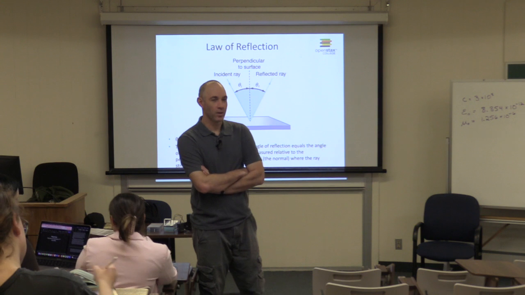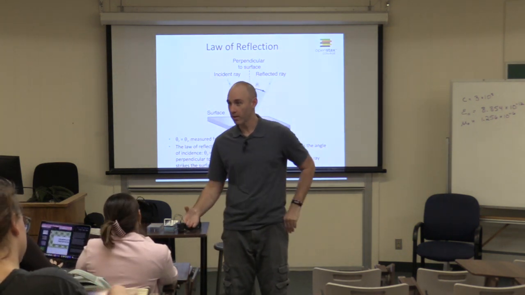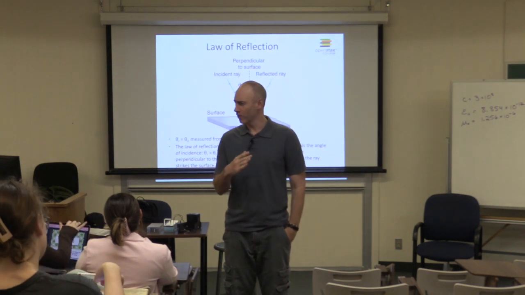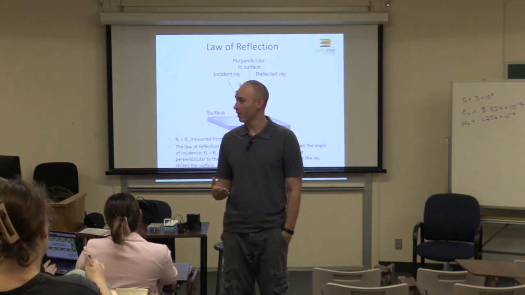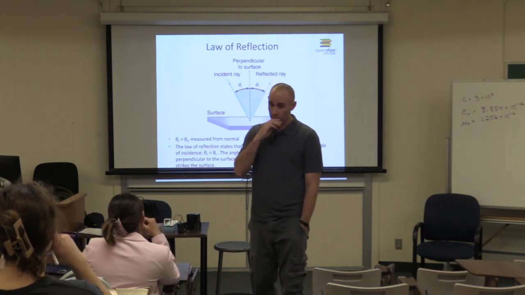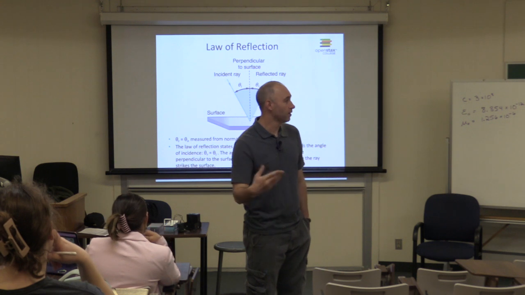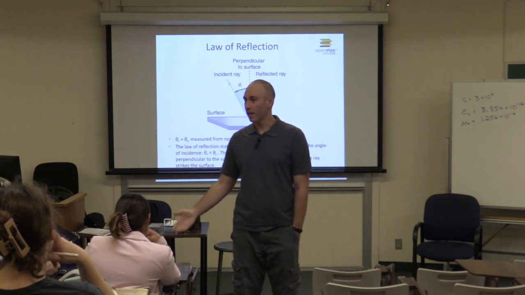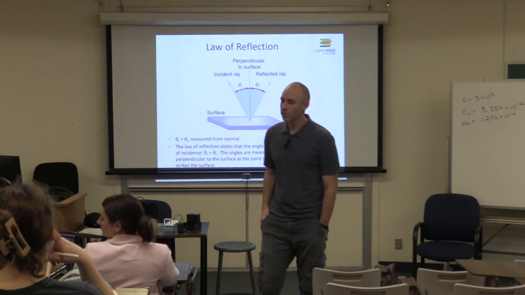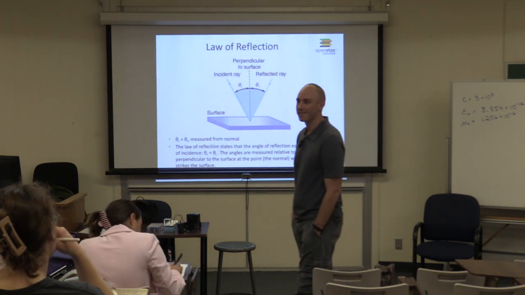This is for a flat mirror. We talked about how the image produced by a flat mirror is equally distant behind the mirror as the object is in front of it, because your eye looks at light and sees it as going in a straight line, even though it doesn't in this case. It hits and bounces. So because it's bouncing off and coming to our eye, we see it as coming from a straight line and thus below or inside of the mirror. The mirror looks kind of like a window through the looking glass, right?